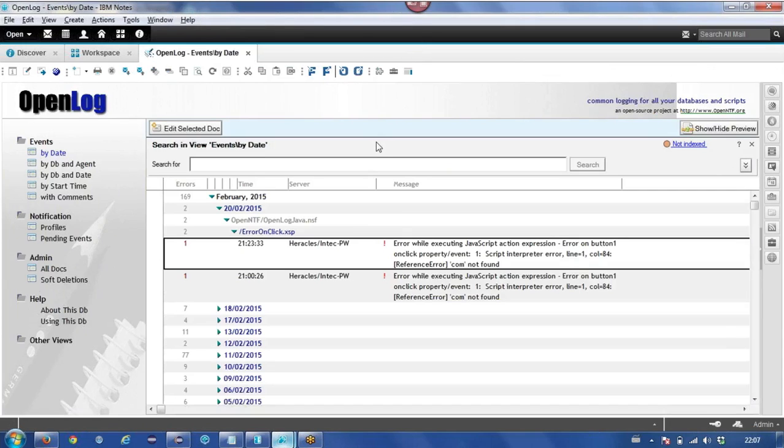I mean, it really would be a great addition to the XPages log reader project too. To pull in an OpenLog database from there, that would be a good bridge, because I use the XPages log reader all the time. Yes. Yeah, either standalone or even in addition to that project might be a neat idea. Yep. Definitely.